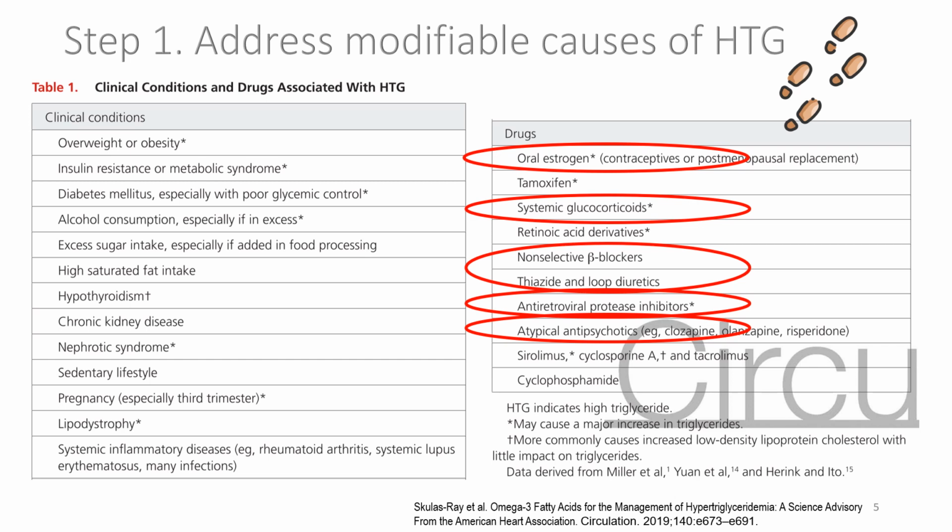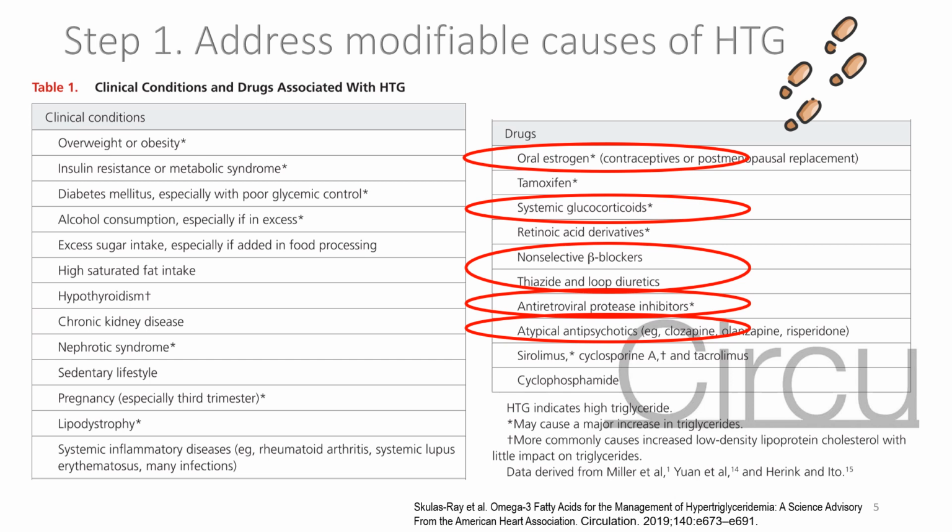Some common examples include oral estrogens, in the form of oral contraceptives, or postmenopausal replacements, and oral glucocorticoids that could mess around with the triglyceride levels. And remember, in the hypertension series, we talked about non-selective beta blockers as well as the risk of thiazides and some smaller risk with loop diuretics causing hypertriglyceridemia and some metabolic disturbances. That's also why we don't combine beta blockers and thiazides as first line in treatment of hypertension without any